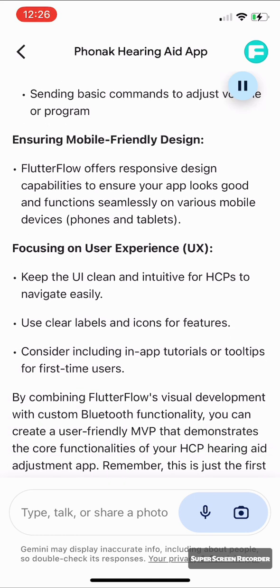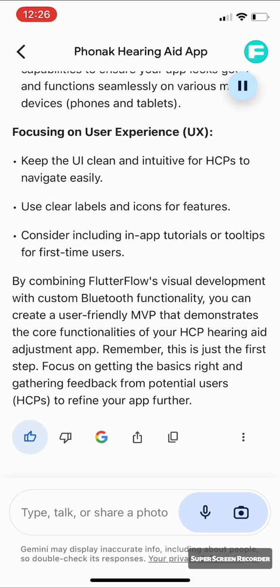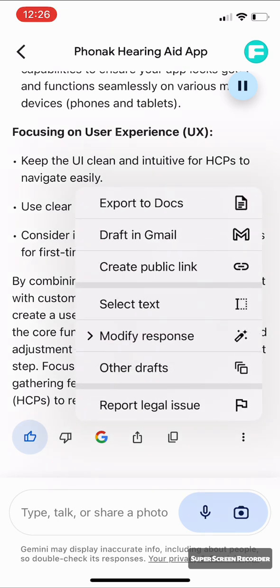ensuring mobile-friendly design. Flutter Flow offers responsive design capabilities to ensure your app looks good and functions seamlessly on various mobile devices, phones and tablets. Focusing on user experience, UX. Keep the UI clean and intuitive for HCPs to navigate easily. Use clear labels and icons for features. Consider including in-app tutorials or tooltips for first-time